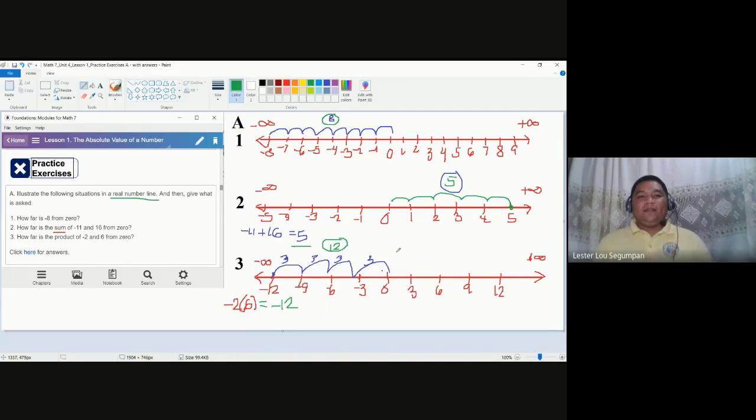Okay. So this is the other downside when you are going to use different scaling. But if you would do that, always remember the scale that you've been using. If you're not comfortable with that, you go back to the example with number 1, wherein you use multiples of 1 so that you could determine the proper distance. This is actually the basis of the absolute value of a number. This will open up how we solve absolute value of a number later on.